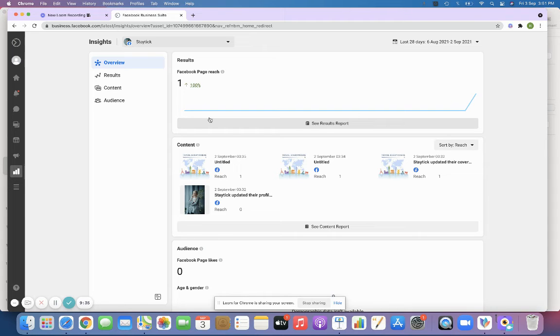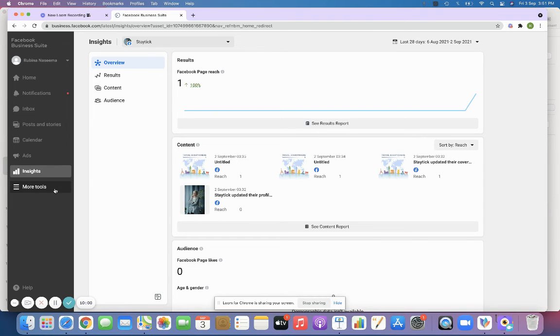Suppose my audience is 18 to 25, and when I'm running a Facebook campaign without seeing the audience and I'm directly putting the age as 18 to 45, then my campaign will definitely not perform well, right? So ensure that you check the age and gender before running a campaign.